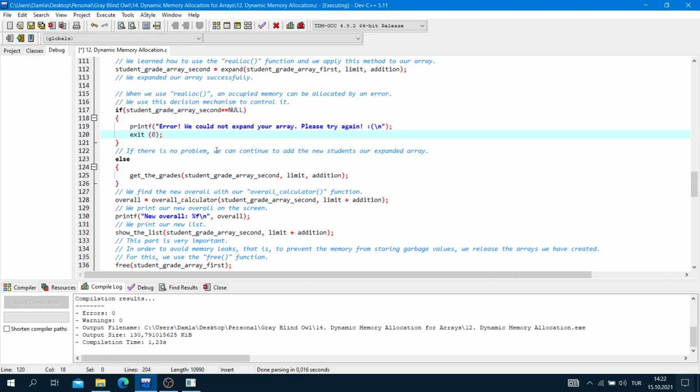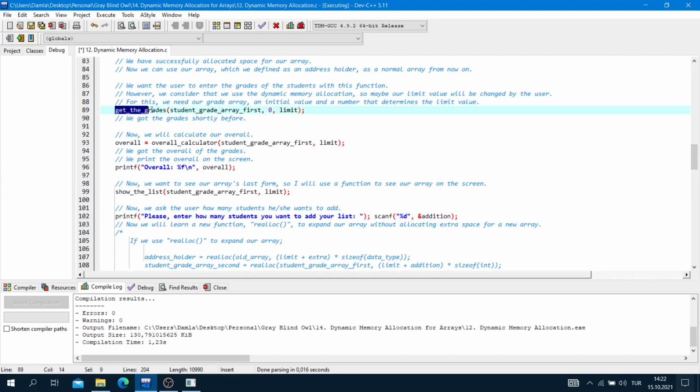If there is no problem, we can continue to add the new students to our expanded array as get the grades, but we send student grade array second this time, and we do the same operations here.